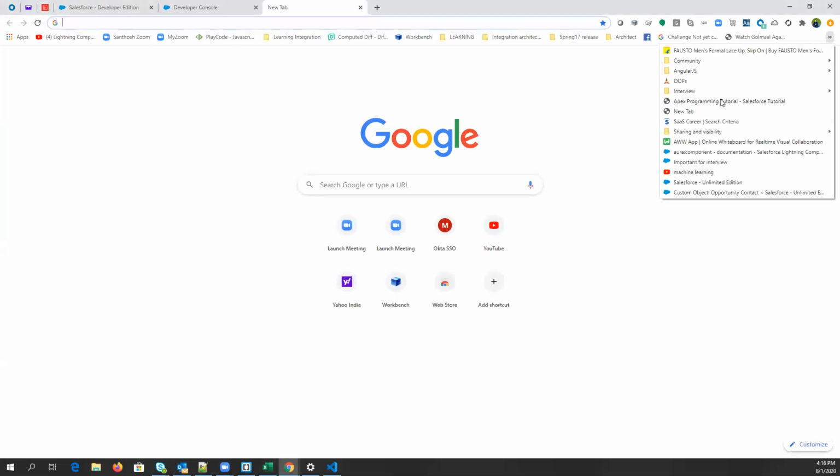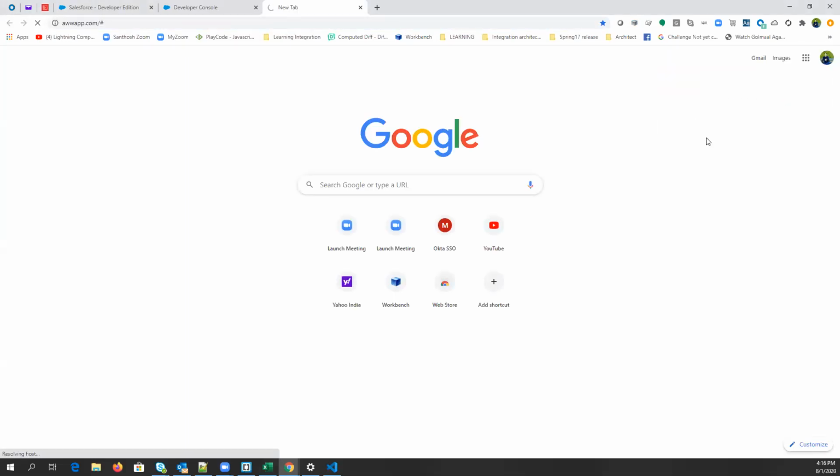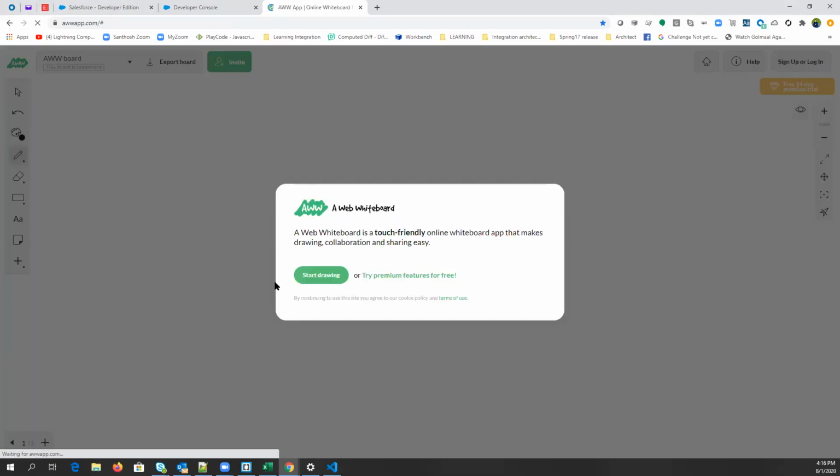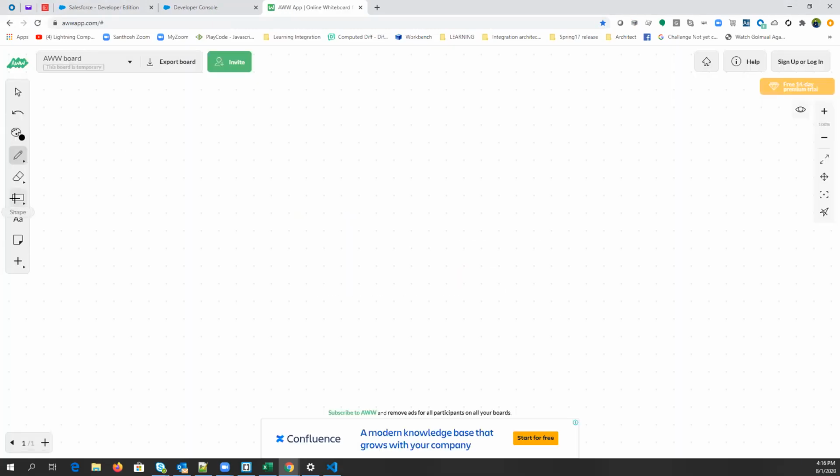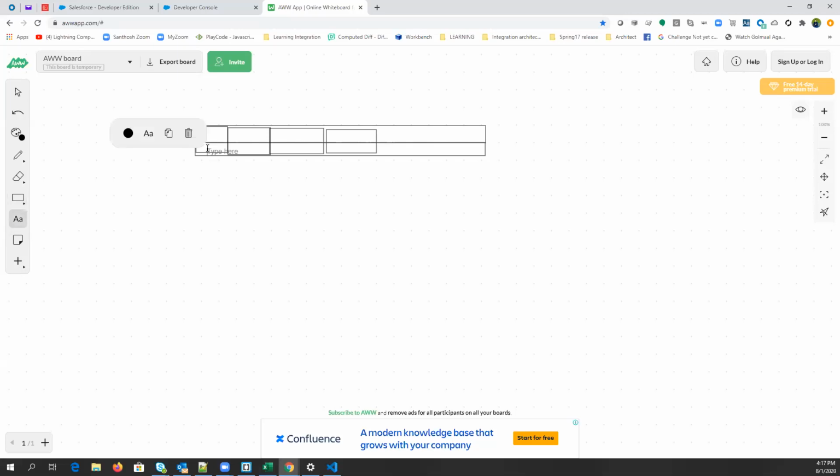So let me just show you how it will store. Basically in a collection, data is stored in such a way that if you want to store a value 1, then it will be at index 0.